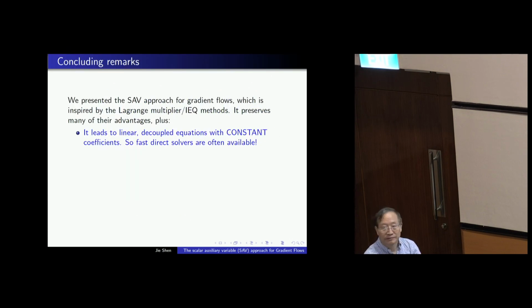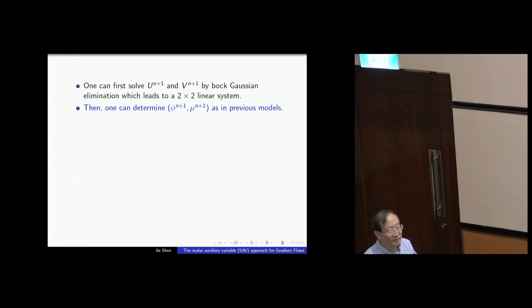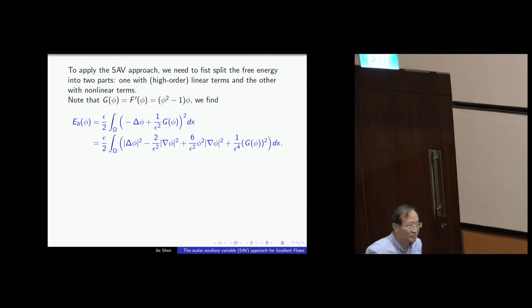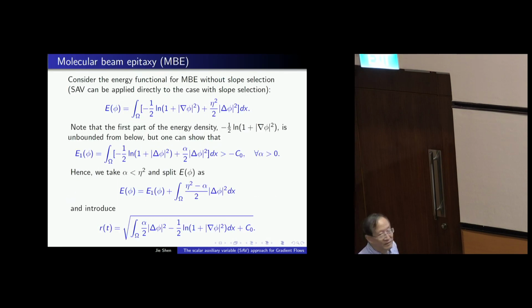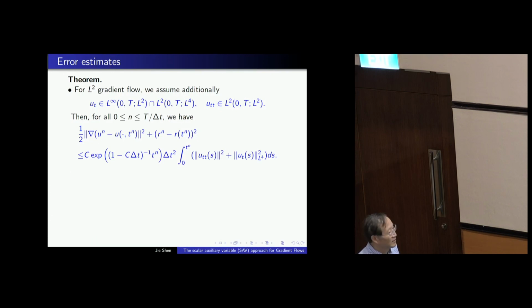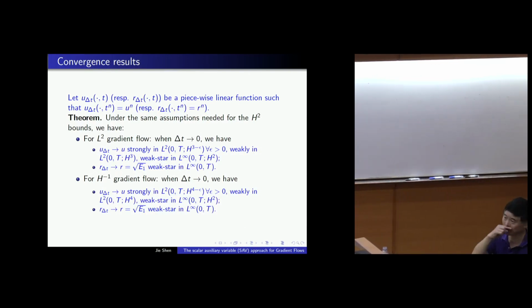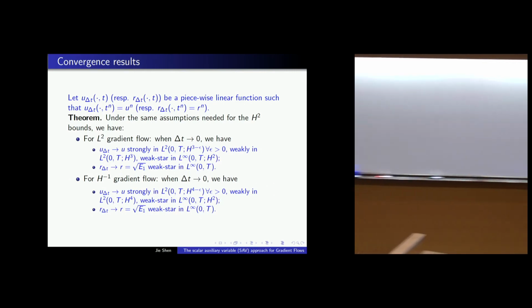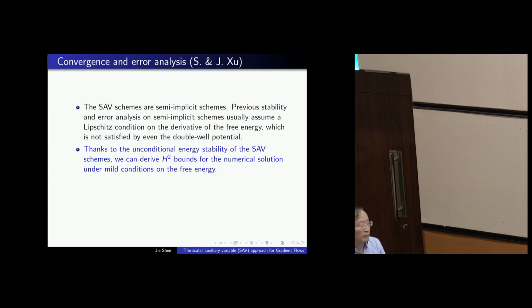There was an interesting talk I attended some time ago by Jie Shen, explaining that this semi-implicit splitting method gives a result identical to the explicit method, except for a time delay. He has a reason for it, but only for the first order scheme. The second order scheme is not like that. For the first order scheme, you have large splitting error, which means it is only a time delay, but not for the second order scheme. So my question was, if you wait long enough for that result that you showed, the last one,